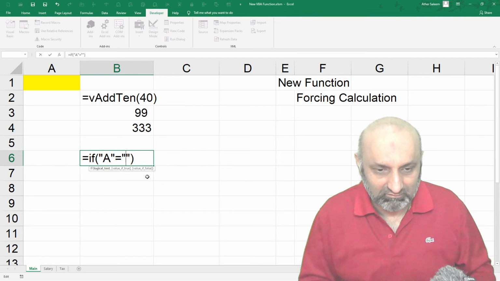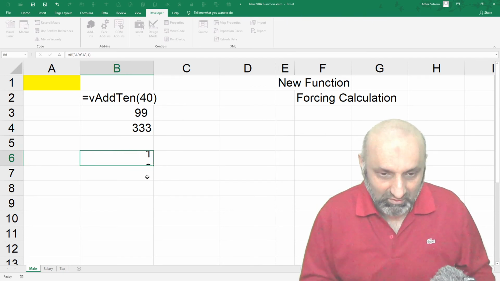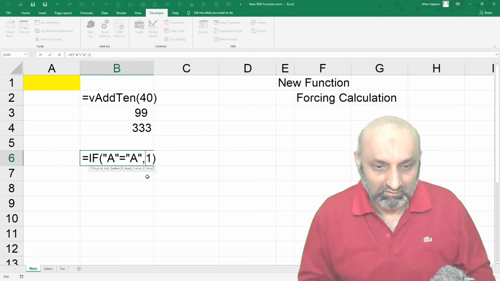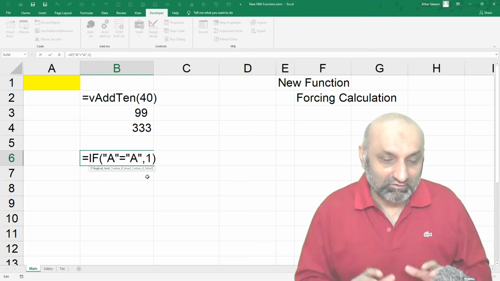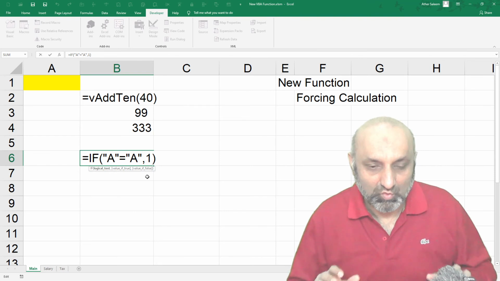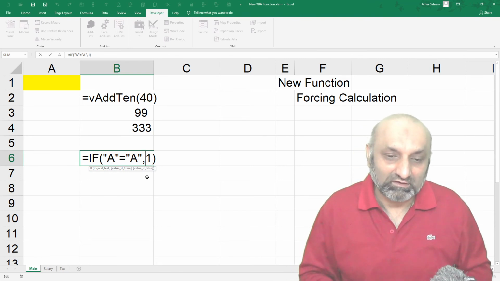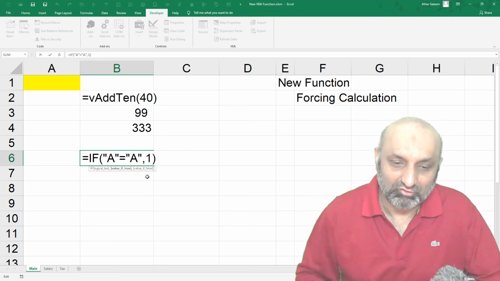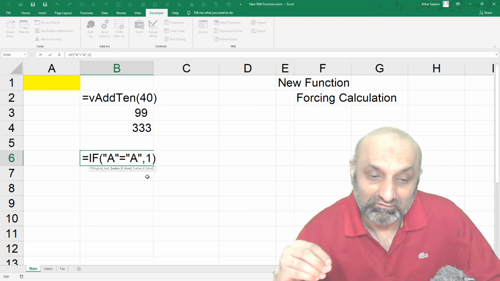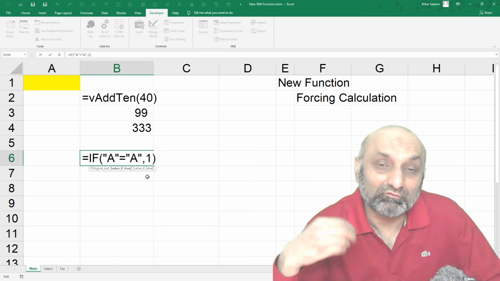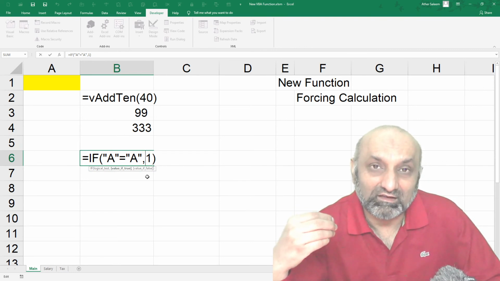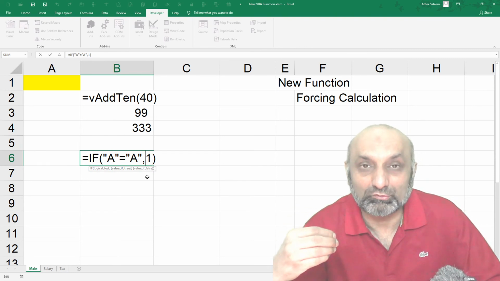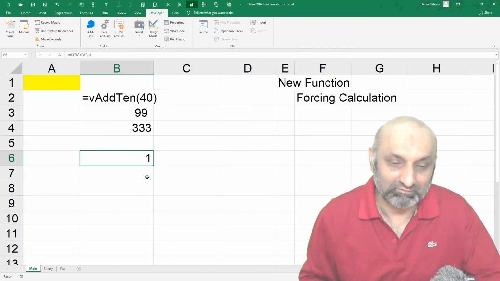A is equal to A, comma 1. I don't know why this is acting so strangely, but you can see that for the second argument, value if false, I have not entered anything, and even then this equation is accepted by Excel and it is running properly.